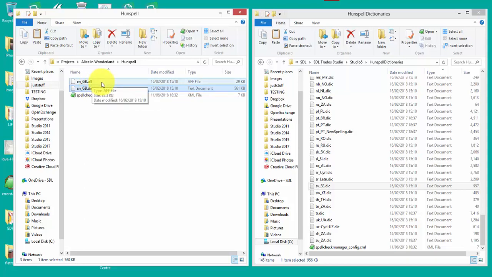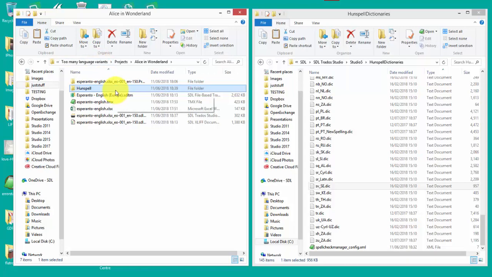And the easiest way for me to get that is if I go back up to here where I can see my Studio files. You can see that because it was a single file project, Studio actually used the culture identifiers at the end of my file name. So my file name was just Esperanto to English, but it's added EO-001 for Esperanto and EN-150 for English Europe. Clearly we're running out of easy ways to write this now, so we're using complicated numbers, which is fairly meaningless,